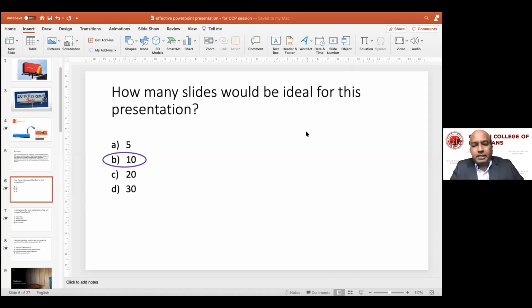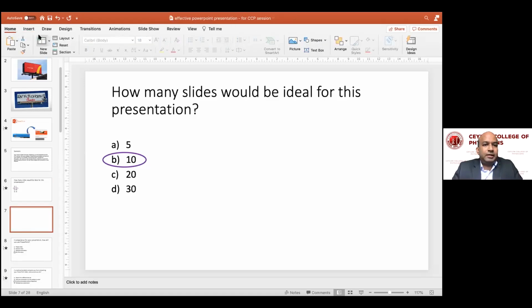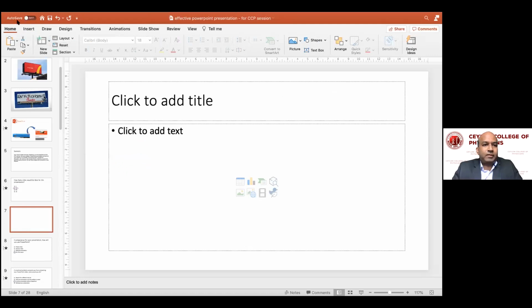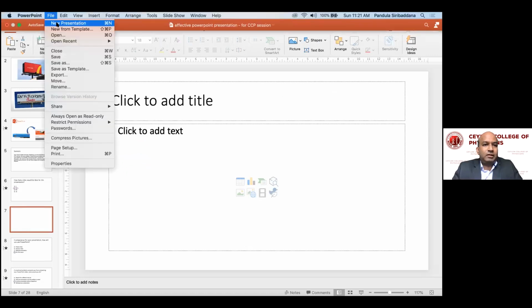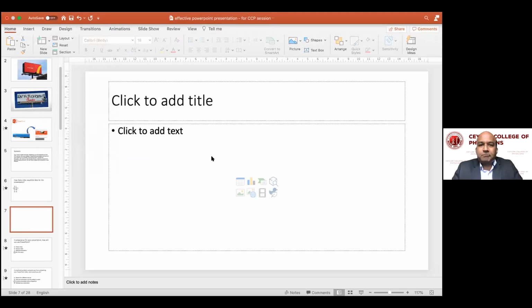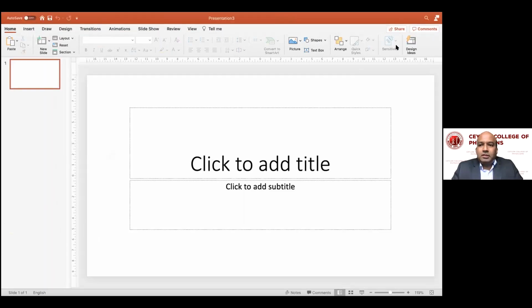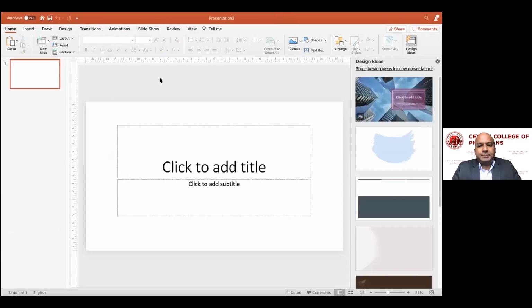Now, when maintaining consistency, you can do it using the layouts of PowerPoint, or else you can use a master slide. Now, we'll just have a look at using both instances. When you start a new PowerPoint presentation, I would say file, new presentation, you will see something like this. Now here,